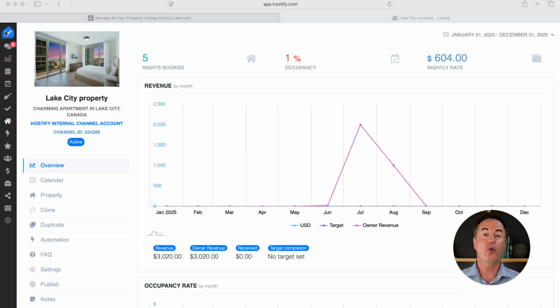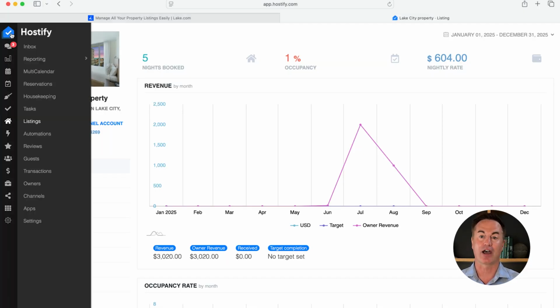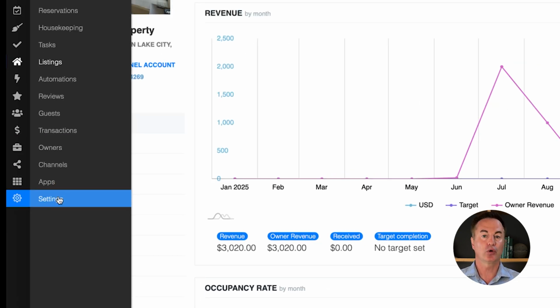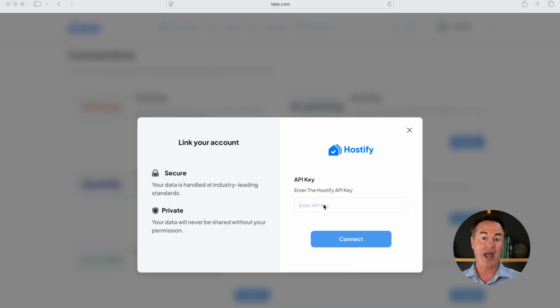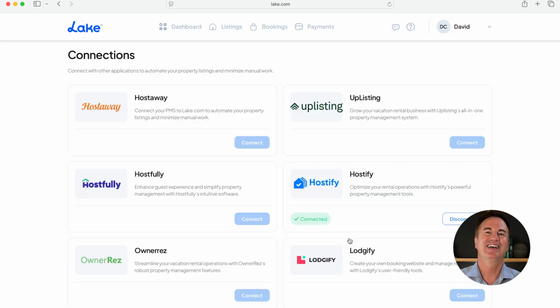To get it, open Hostify's website in a new tab, then go to Settings. Scroll down on the Settings page to the bottom where you'll see API key. Now just copy that to the clipboard. Then back on lake.com, paste that API key into the field provided. On Step 6, just click Connect. Lastly, you'll see a connection successful message on screen, and you'll know that your Hostify listings will start syncing and